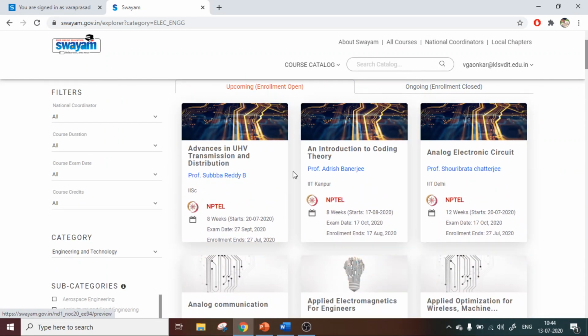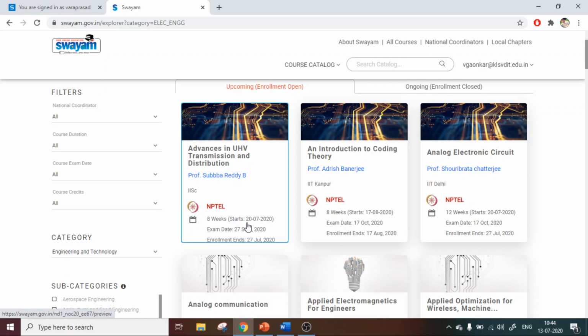For example, assume that I want to register for this one, Analog Electronic Circuits. Here you can also see, if I want to register for Advances in UHV Transmission and Distribution, it is taught by Professor Subba Reddy through IISc.